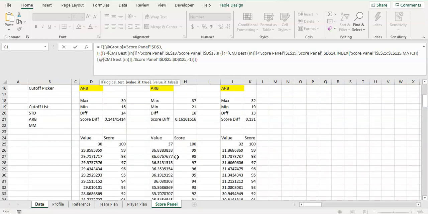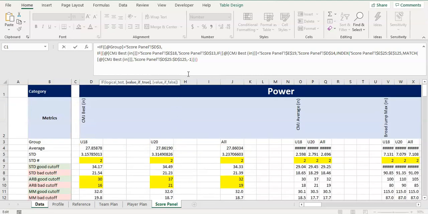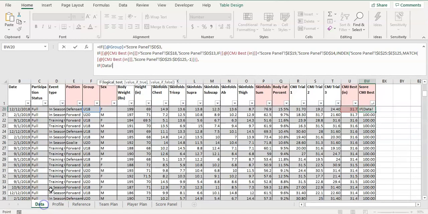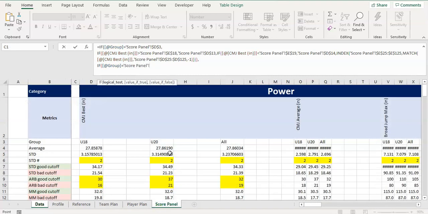But if they're in the U20s, we're going to have to do something else. So, comma, if, and let's go back to our data, if the group is equal to, go back to our score panel, this group, let's lock that in, comma,